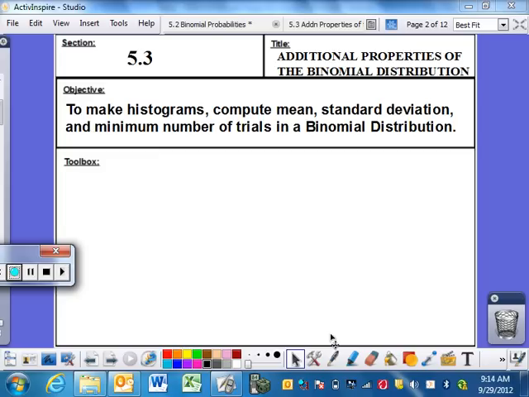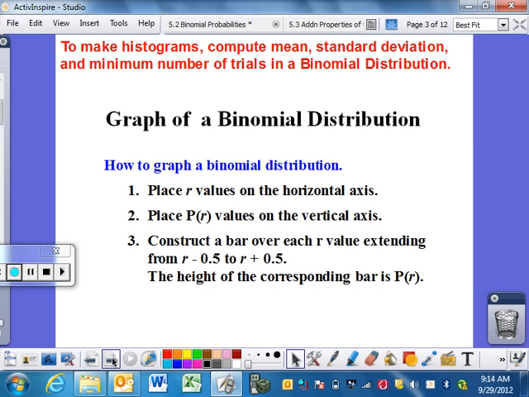Compute the mean and standard deviation, which those two formulas are also on your formula sheet, and I'll show you that in a second. And then the big one, the application side, is the minimum number of trials, or what we call a quota problem. So to graph a binomial distribution, it is essentially just a histogram idea, and actually more specifically a